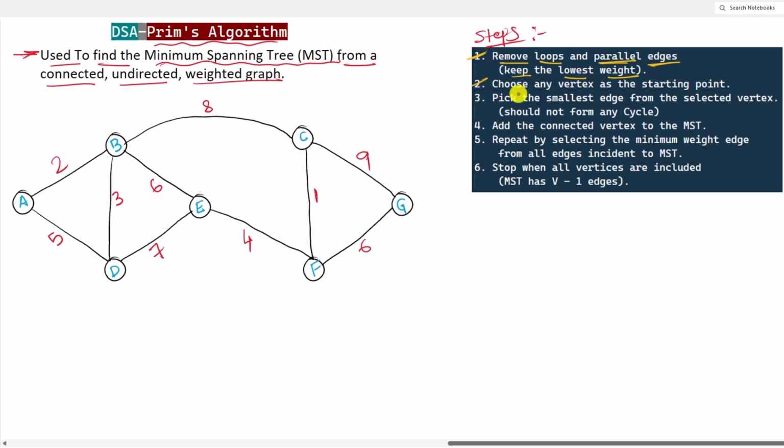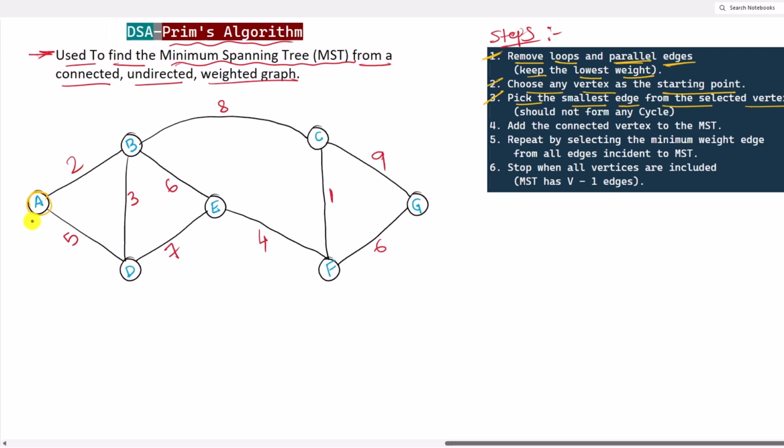Next we have to choose any vertex as the starting point. You can choose any arbitrary vertex as the starting point. Let's just start from this vertex A. Now step 3 is to pick the smallest edge from the selected vertex. From this vertex you can see we have two edges with the weight 2 and 5. We're going to choose the edge with the smaller weight. So in our minimum spanning tree we're going to keep the edge with the weight 2, which leads to